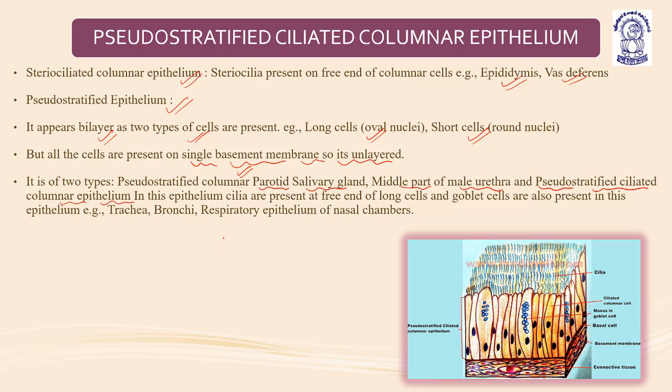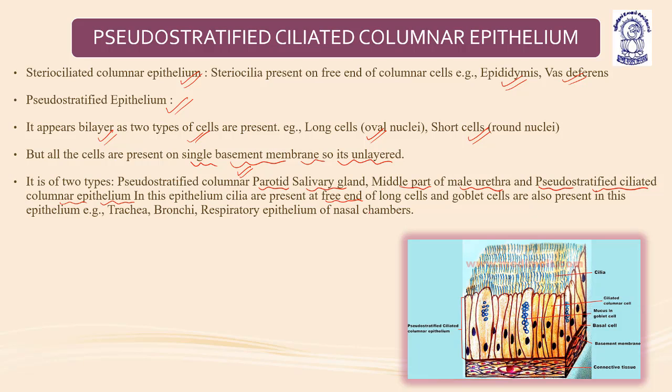Okay, it is also present. In this epithelium, cilia are present at the free end. So one is non-ciliated, one is ciliated. The non-ciliated is present in the parotid salivary gland and the middle part of the male urethra, and